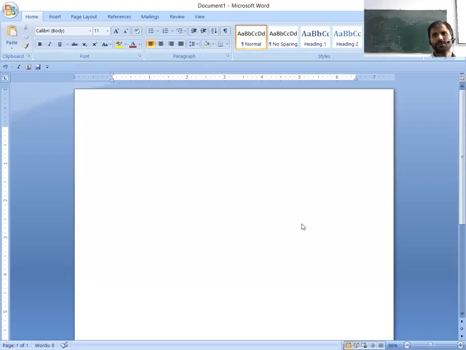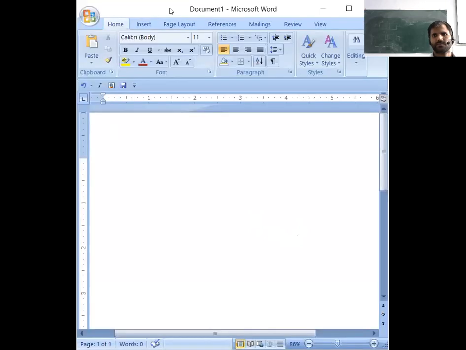This is the application window of Microsoft Office, and you can see at the top of this application window there are the minimize button, maximize button, and close button. And also some text separated with a dash.